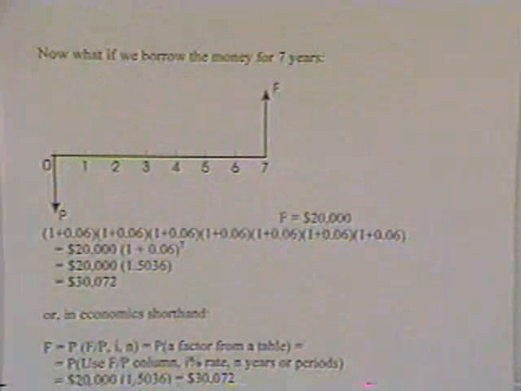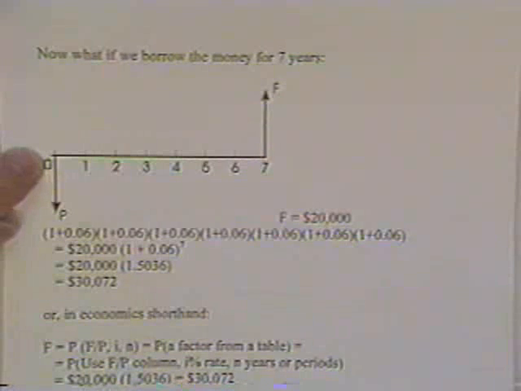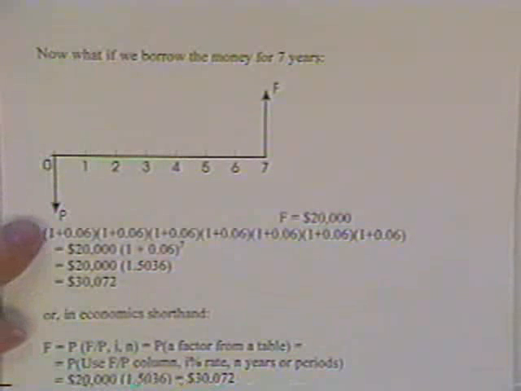Now then, going back to our previous discussion of borrowing the money from the bank, $20,000. What if we want to borrow it for 7 years? You have two choices. You can multiply